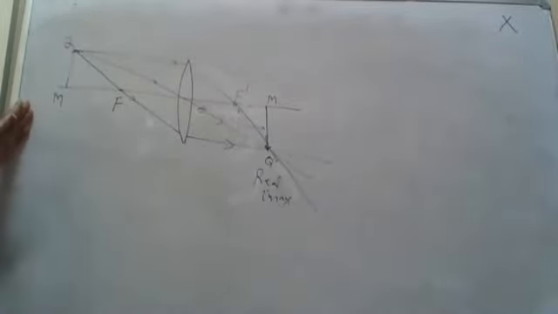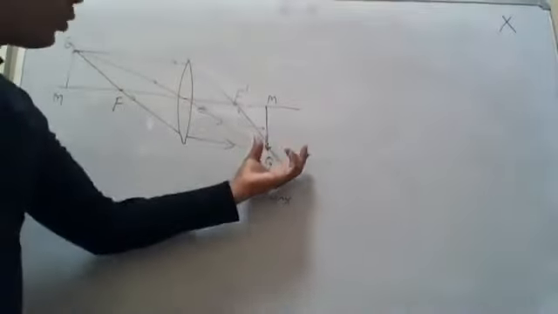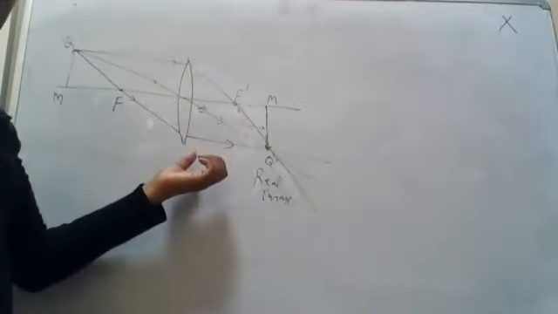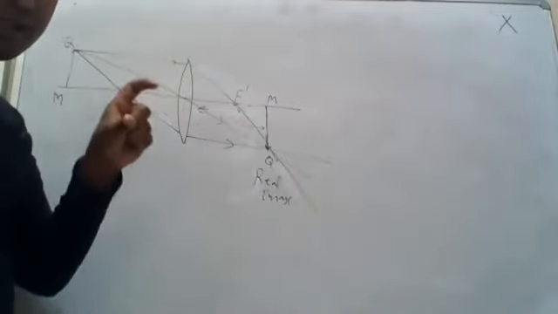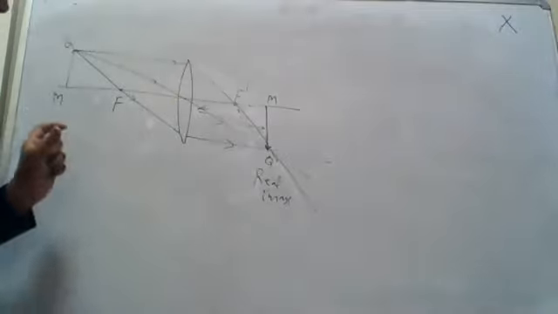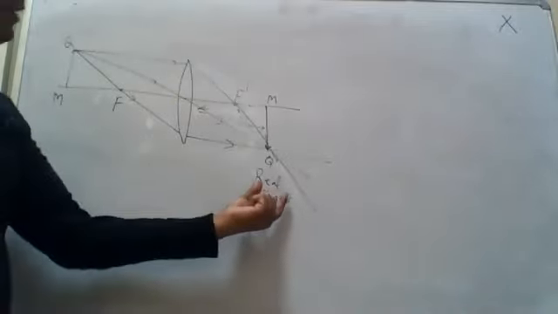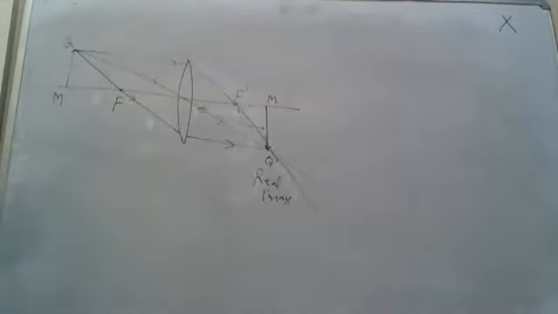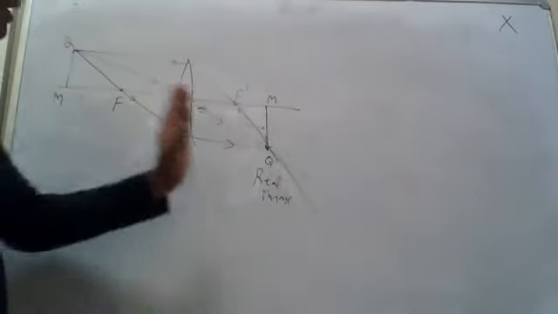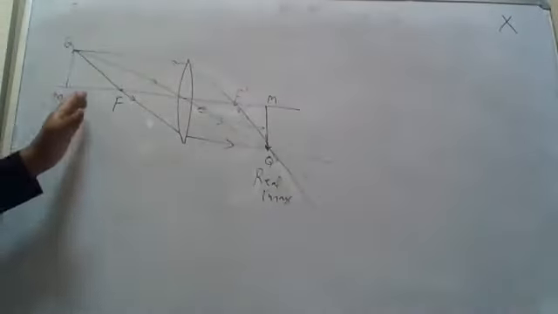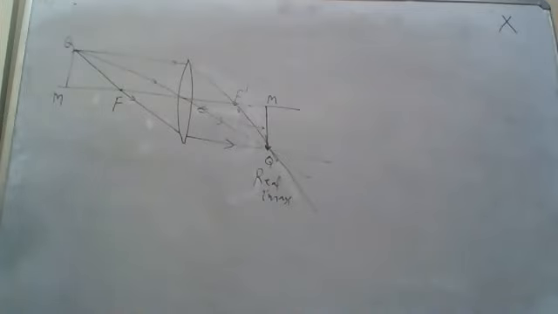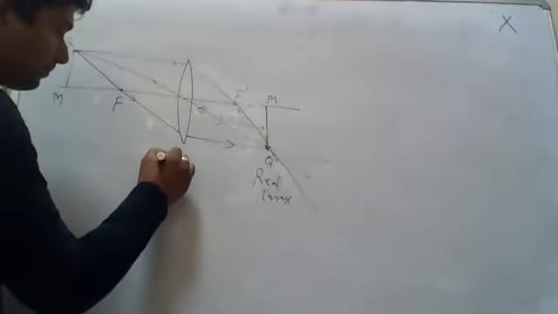Okay, and when the object is going away from the primary focal length, then the image will come closer to the secondary focal point, and it will be smaller in size. So it will be demagnified when the object is away from the primary focal point, and it will be a magnified image if the object is closer to the primary focal point. And in this case, we are getting the real image in the convex lens.